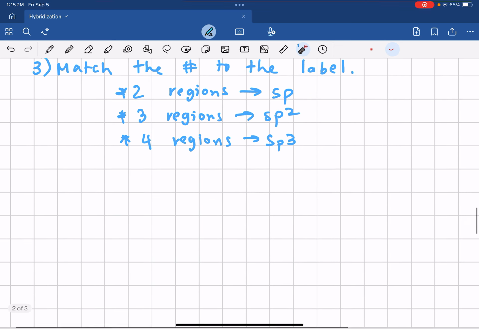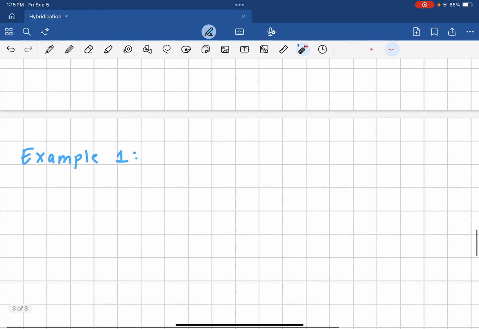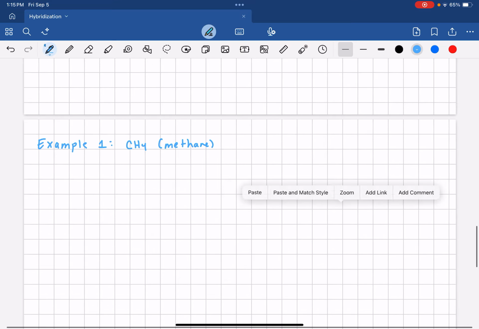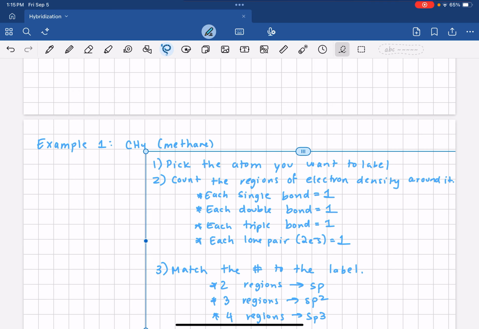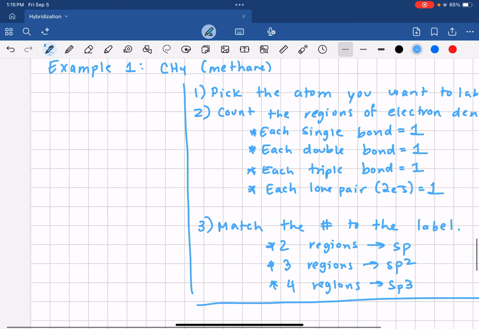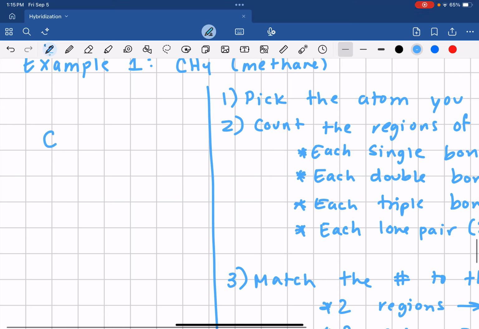So let's work through some examples. Hopefully it'll make sense. Example 1, let's take CH4, which is methane. And let's put our general rule right here so we can always look back to reference it. Okay. C is connected to 4 hydrogens, as denoted by CH4. Let's label this. Carbon has